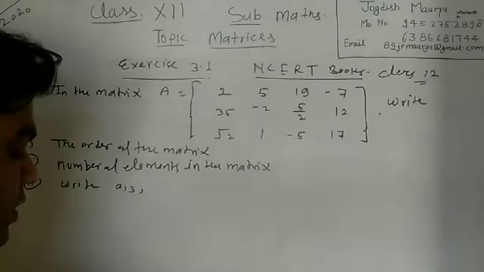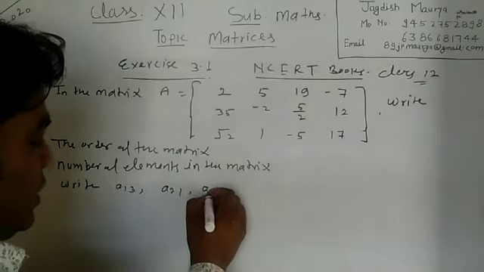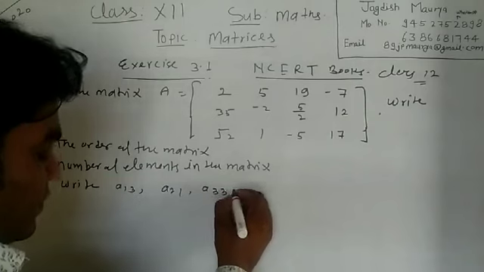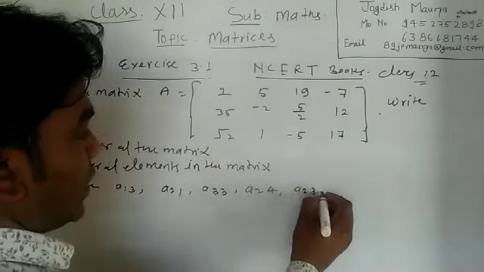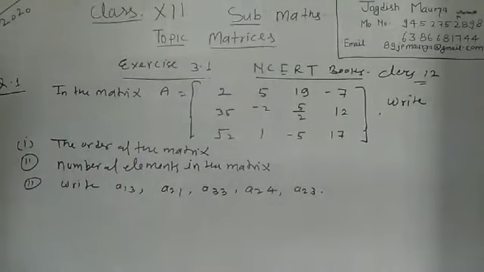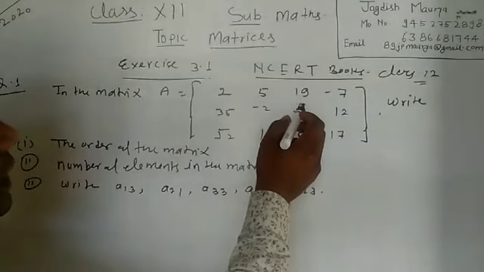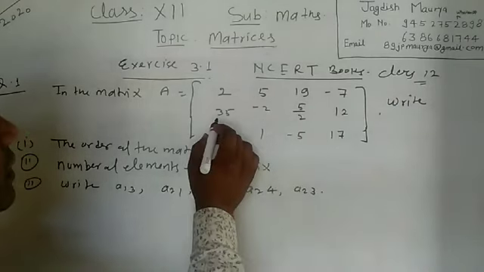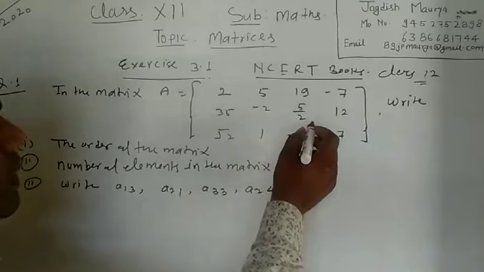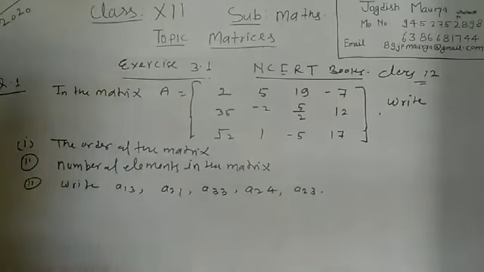A13, A21, A33, A24, A23. Here the matrix is given: A equal to 2, 5, 9, minus 2, 5, 19, minus 7, 35, minus 2, 5 by 2, 12, root 2, 1, minus 5, 17. Here the first answer is,